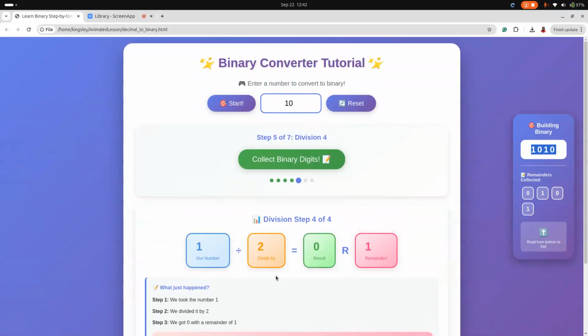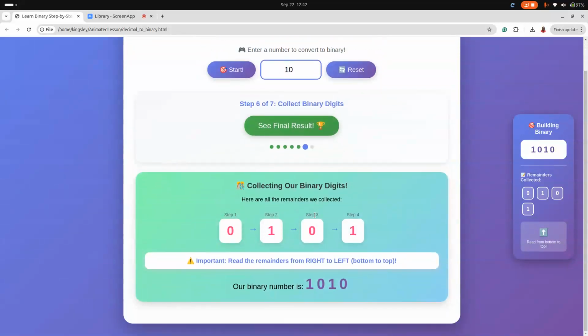But that's not the end. We have this binary number, but it's not correct. We need to do something to it to make it correct. So I'm going to click here to show you what we need to do. This is the binary number that we collected. If you look at step 1, step 2, step 3, and step 4, these are the remainders that we collected